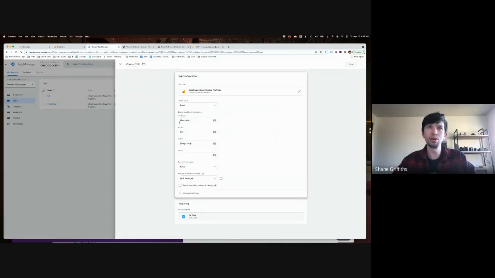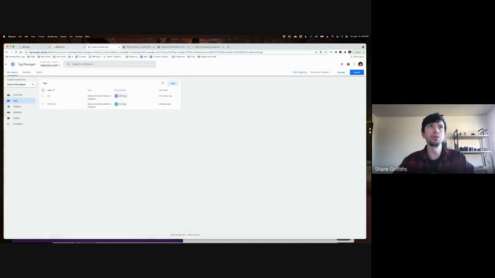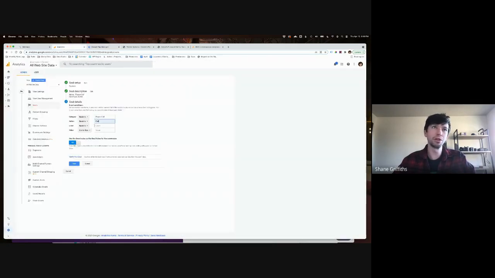Phone call, call, capital C. So phone call, call, perfect. Then we have label and value. Now this is like a filter. So we want to leave these blank, because if we put something in here, it's only going to count it if it contains that. We're going to leave that blank, and what that will do is